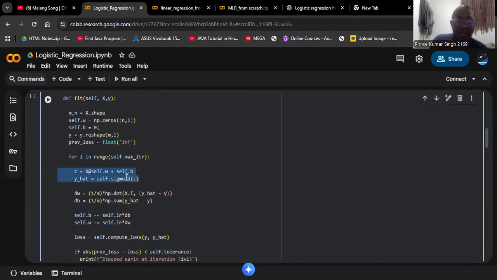This code will be executed. It will calculate our y hat, and afterward we will be calculating our gradient descent. So here what we did is the partial differentiation of